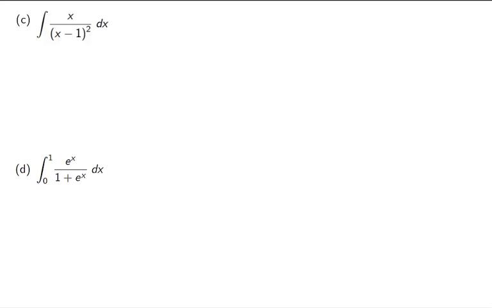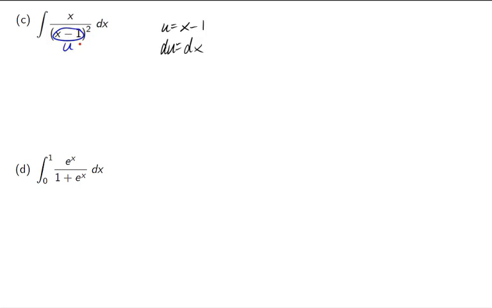Next example, we got x over x minus 1 squared. Now if you want to, you can let u equal x minus 1 squared, or you could let u equal x minus 1. There's actually two different ways to solve this problem. I would like to go with, for the sake of example, u equals x minus 1. Then du, the derivative of x is just 1, so we just get dx. Du and dx are the same, so I get